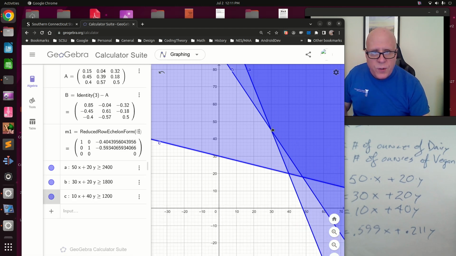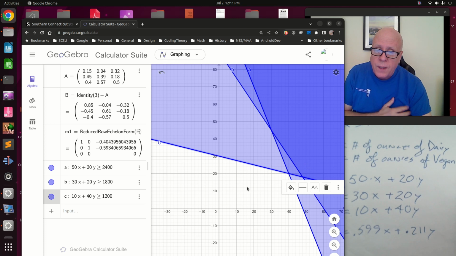It's the intersection of all three of these regions, so the overlap of all three of them. It's got a corner that's visible there and another corner that's visible there. It's an infinite region, and that's because this is a minimization problem. We're looking for the smallest value of our objective function. So that'll be closest to the origin, and this region doesn't go all the way to the origin, so that's